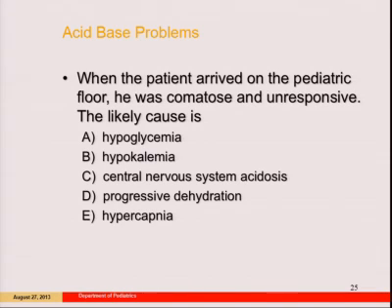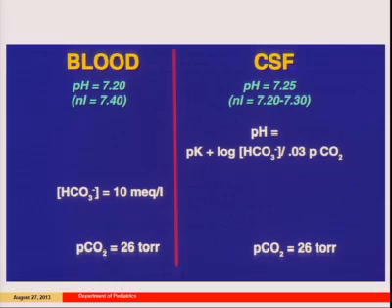Good, C. This is the explanation. I apologize for this, but I am a nephrologist. I love the Henderson-Hasselbalch equation. The CSF usually has a slightly lower pH than the blood, and it's usually around 7.25 to 7.3. And essentially what happens is if the bicarb